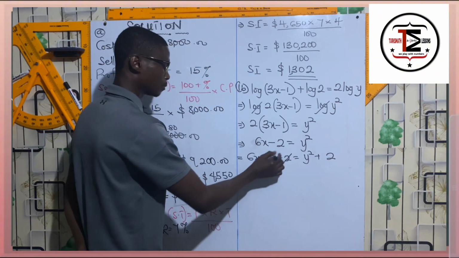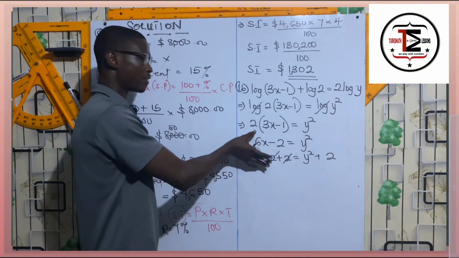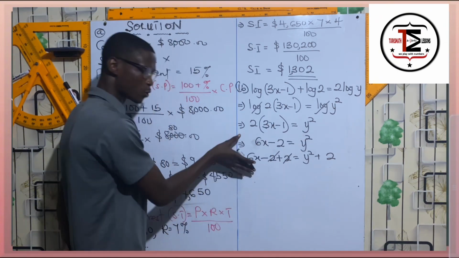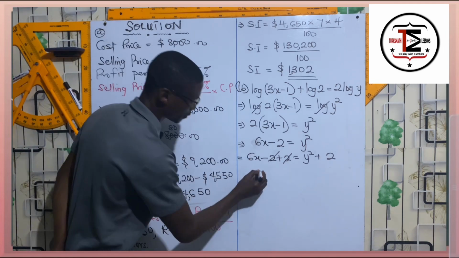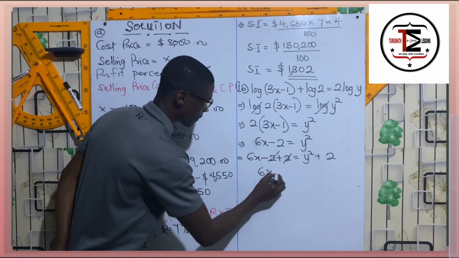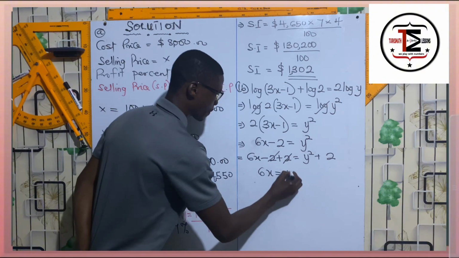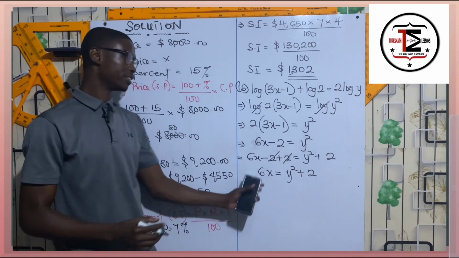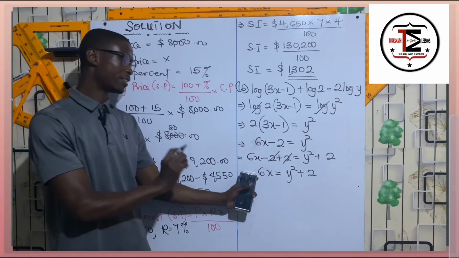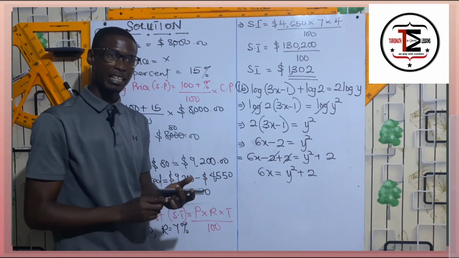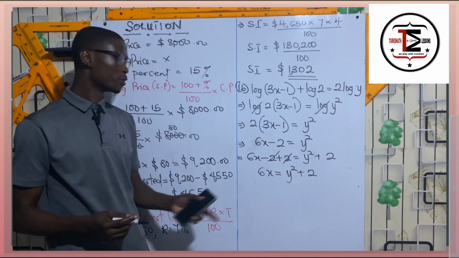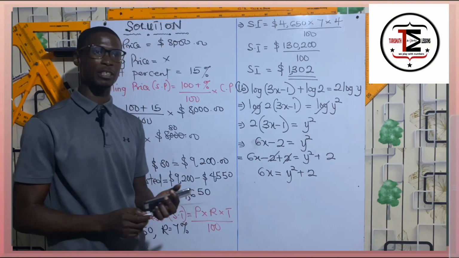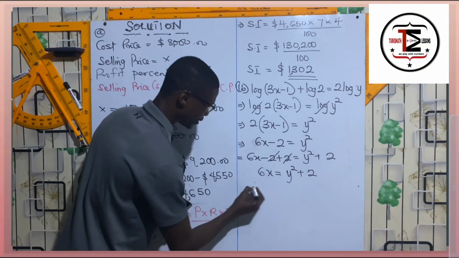so very simple. We had several ways of solving this. Any method that you want to use, you can go by it. But this is what is required by WAEC. Good. So we have a nice equation here, but they said we should find x. Find x in terms of y. So here I need to divide both sides by the coefficient of the x here, so that x can be on its own. So I'll divide here by